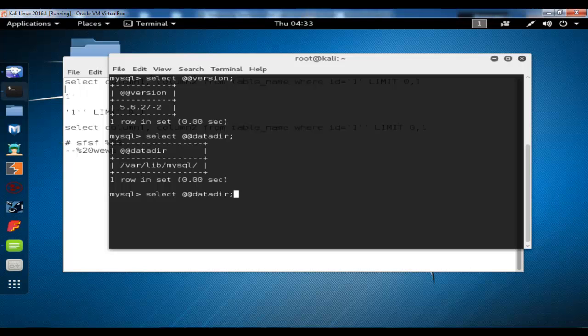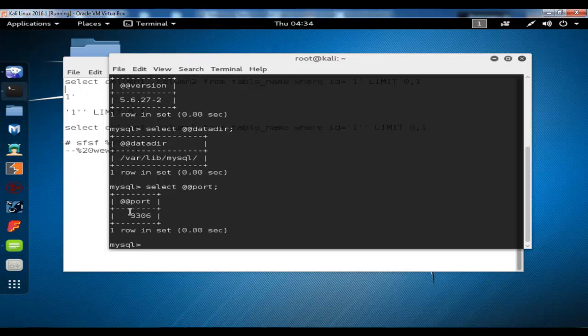Another system variable I just forgot to include in the presentation, and it's quite interesting, is the port. What this displays is 3306. This is the port number on which this MySQL server is running in this server. It is running on port 3306. You can check this by running